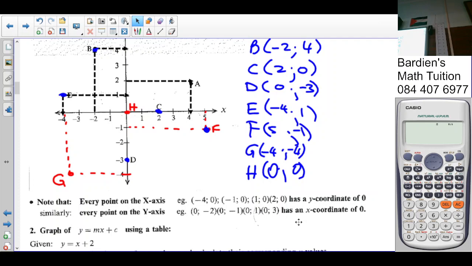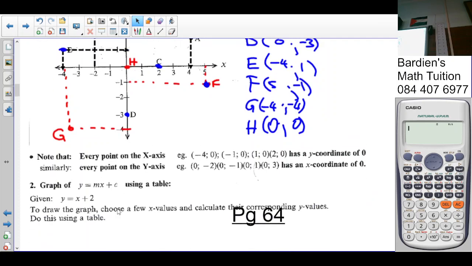You understand? Not O, it's zero. So if you want to say something, you say zero, not O. You're going to get confused. Now,